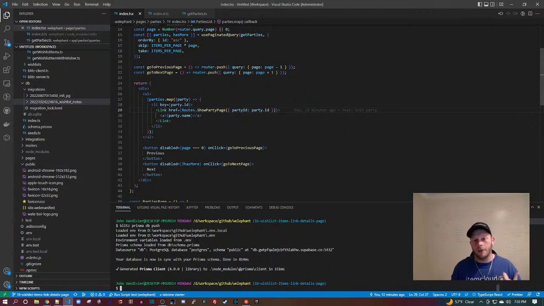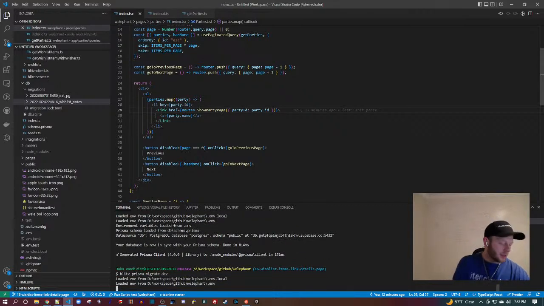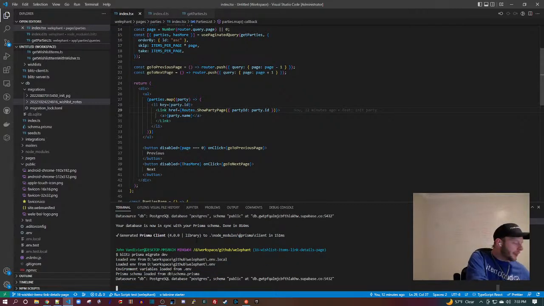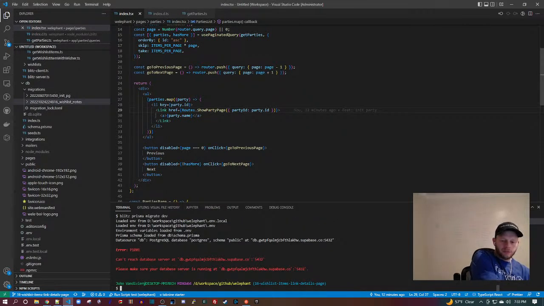If you're in development mode, you kind of don't care. You can just roll it over, roll it over, roll it over. It's a lot easier to develop that way, right? Cool. All that said, I'm going to run blitz prisma db. I think it's blitz prisma migrate dev. If you ever forget, RTFM, read the docs. But I'm like 60% sure that's correct.